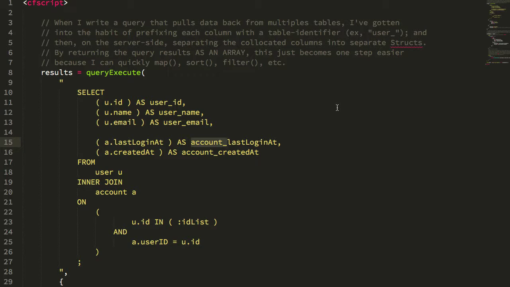And then what happens is on the ColdFusion CFML side, I take these sets of co-located columns and I actually break them down into individual structs for my view templates. Now, typically I have to take the results from this query and convert it into an array, which is why